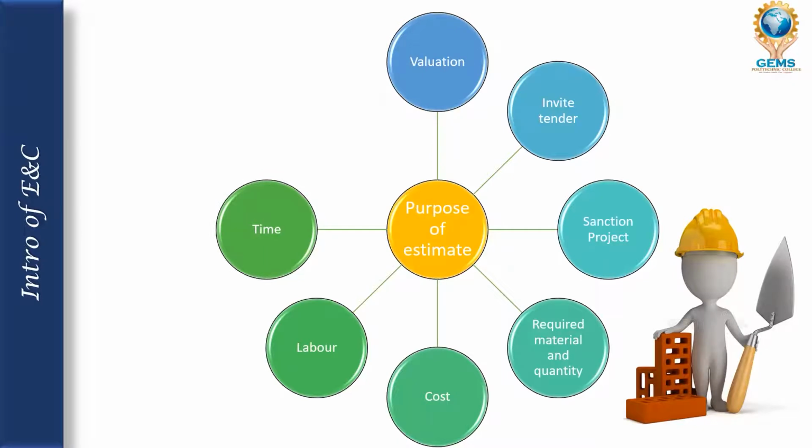The next one is time. We have to always plan the time schedule of construction, depending upon the cash flow. Cash flow means the availability of money we have. So using the estimation, we can plan the time. Then the final one is equipment, tools and plant. We should know the detailed cost of equipment, tools, plants and machinery to be used in construction. Detailed cost of all these details.